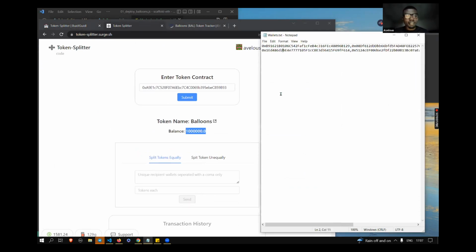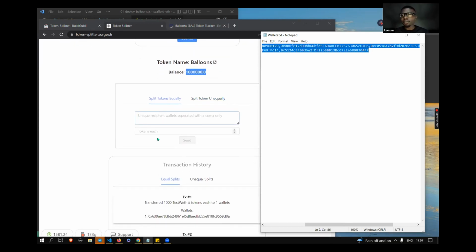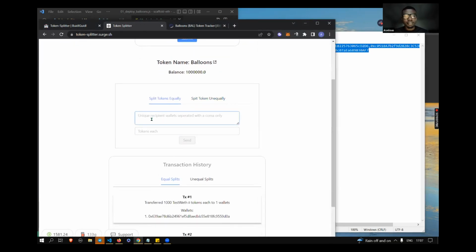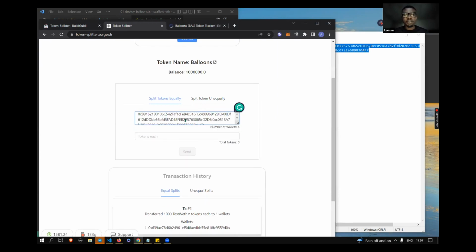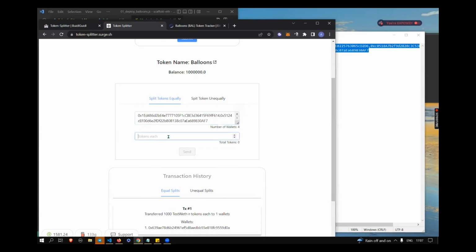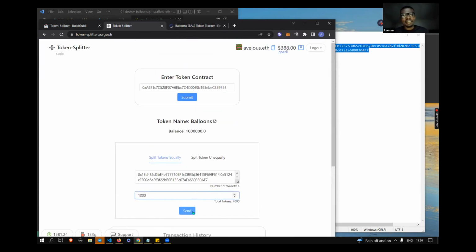So I'll copy these wallets and I'll paste it here. You separate each one with a comma. So I actually have 4 wallets here. And then I'll be sending 1,000 tokens to each one of them. That's 4,000 tokens in total. So when I hit send,